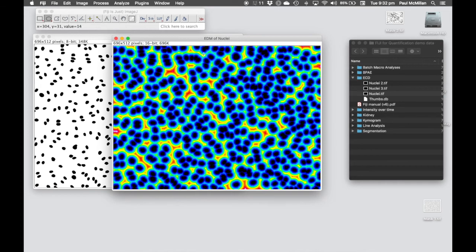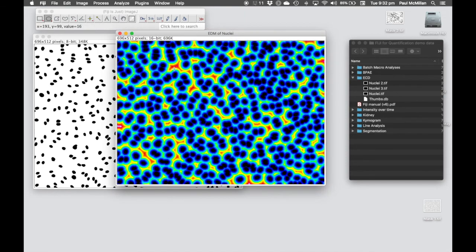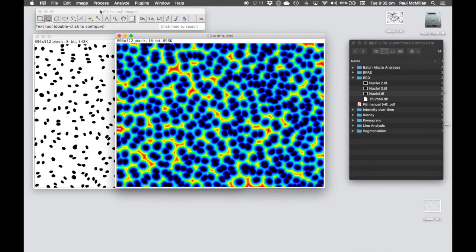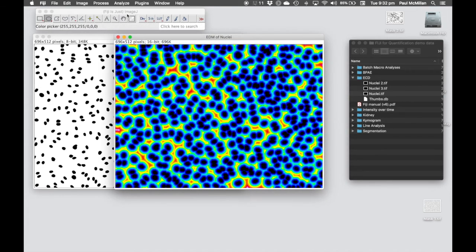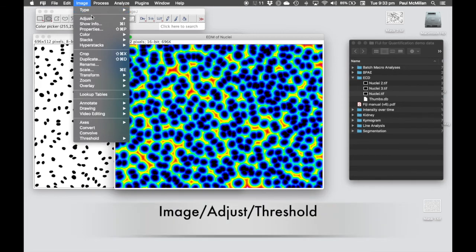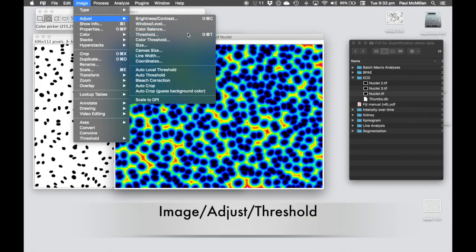Okay, next thing we want to do is we want to identify, or we want to count the grayscale values in the area that isn't including our structures. So in this 16 colors, the black is our structures, and the blue, greens, yellows, and reds are the actual intensity from the distance measurement. So make sure we've got this window selected, image, adjust, threshold,